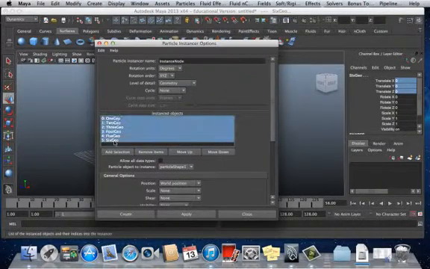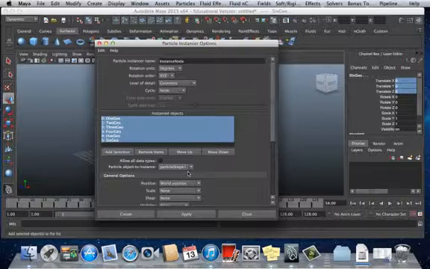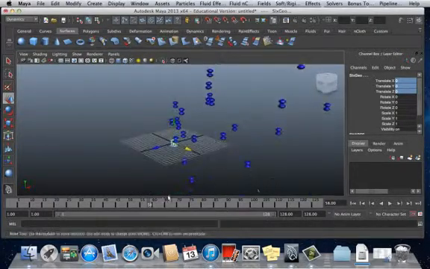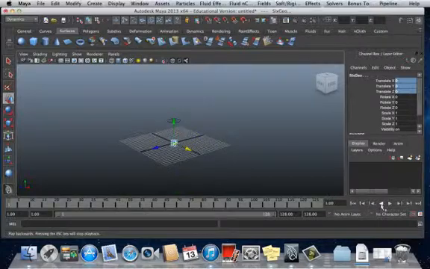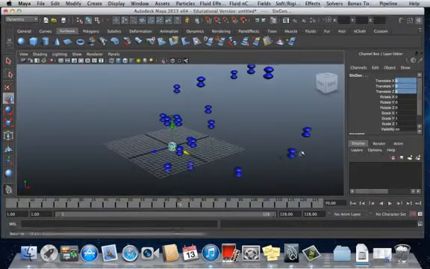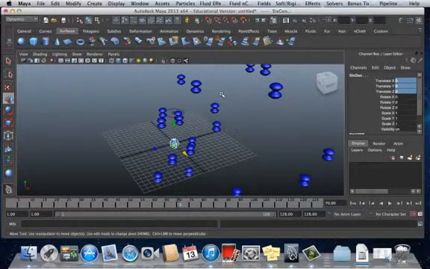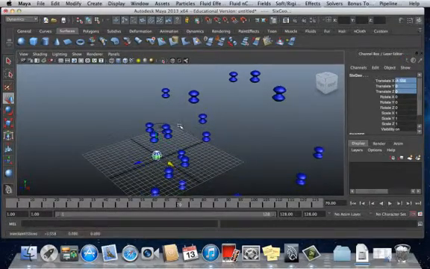Okay, so here's my geometry, and it's connected to particle shape 1. All right, so if I had two sets of particles in there, I'd have to make sure I connected it to the right one. So hit apply, close, and so there we see it has the first geometry on there. Let's hit rewind and play. Okay, good. All right, so now I want to randomly use these 6 brilliant models that I've done